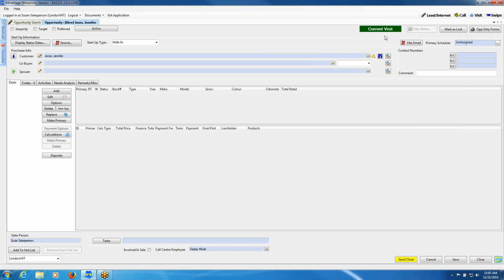It's saying it's current visit because we used the swipe button. There's nothing else on here that is of interest that will tell you anything at this point. But a customer comes in the door, they're interested in a vehicle. So at this point we're going to click on the word add, and we're going to add from stock. So we're just going to click on